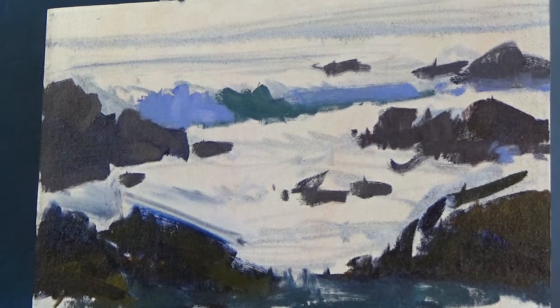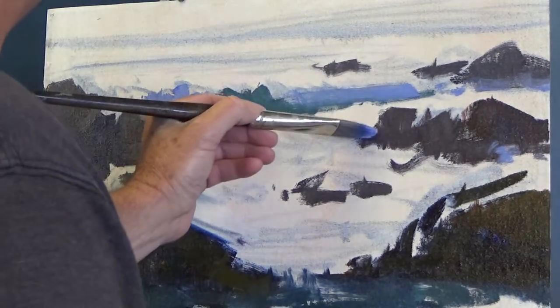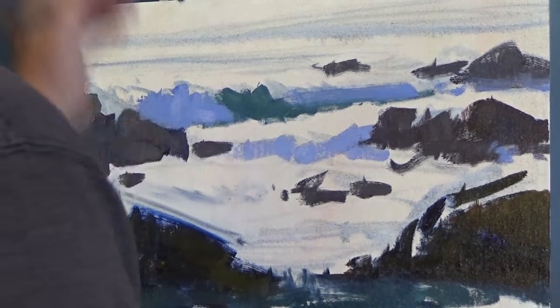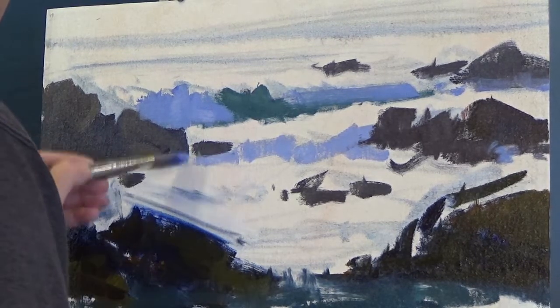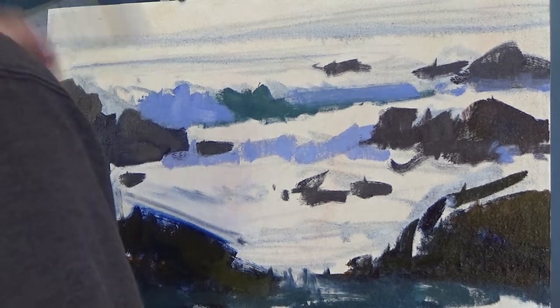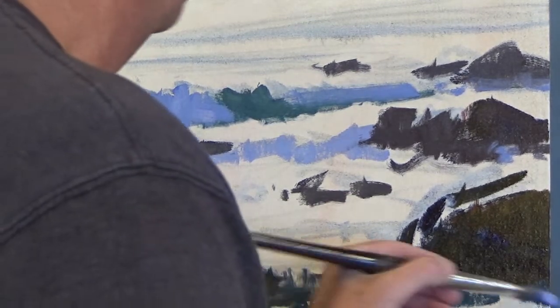Just a bit of lighter value. That's interesting to me. So this next guy's going to be in here. God, it comes all the way over, doesn't he? Such a fun way to paint. So much different than my